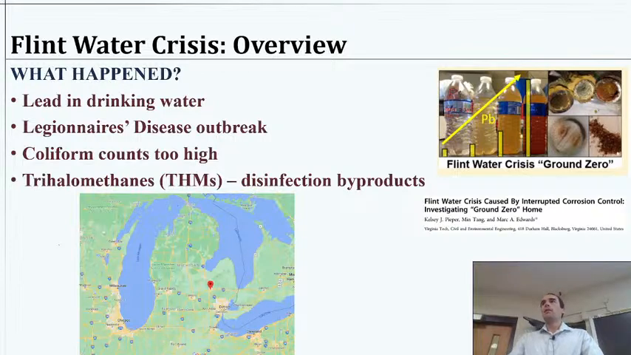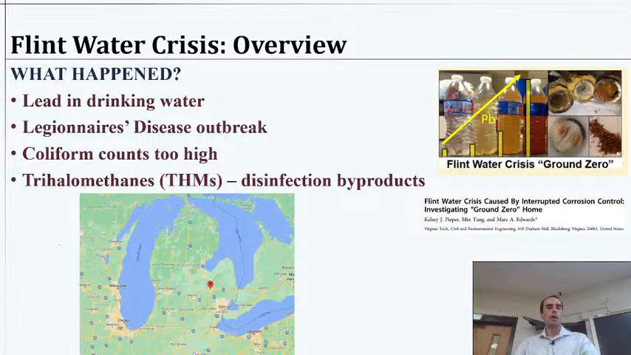At the same time, and for similar reasons, there was a Legionnaire's outbreak, so we'll talk about that. Legionella, or legionellosis, is essentially a bad case of pneumonia. It's naturally occurring, but our water system handling can induce